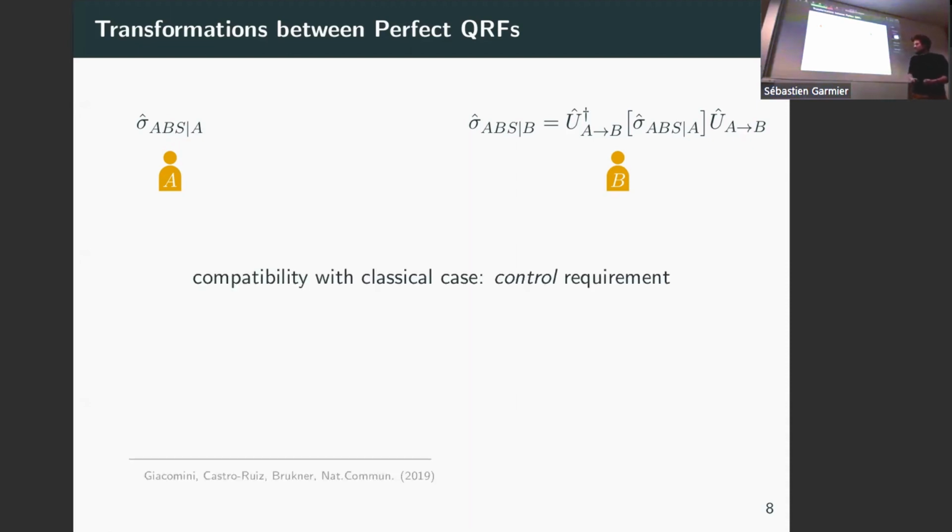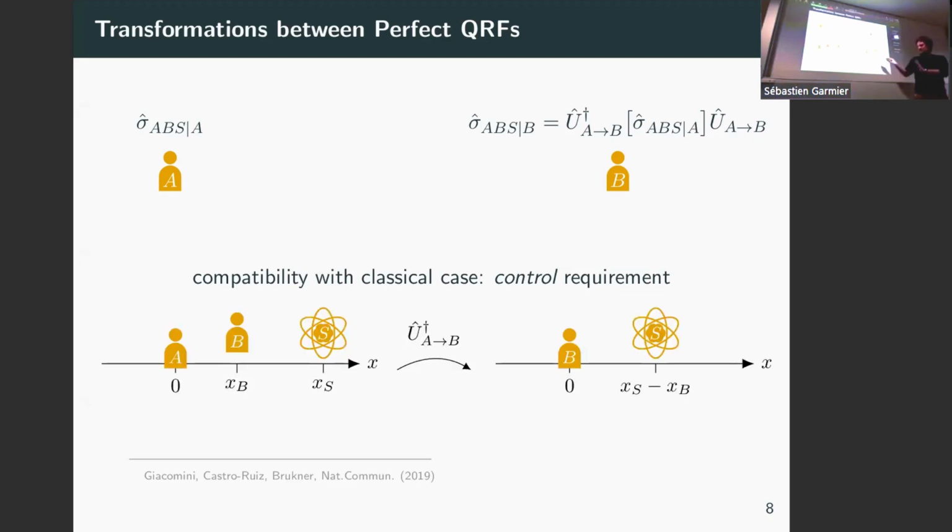And so this is basically what I said. We require this compatibility with the classical case. The transformation has to look at which state there is and then apply the correct one to do the transformation. We call this the control requirement, and I'll come back to why that is called this way. And so this idea has also been around for a while. We're not the only framework that uses it, of course. So let me illustrate it with translations again.